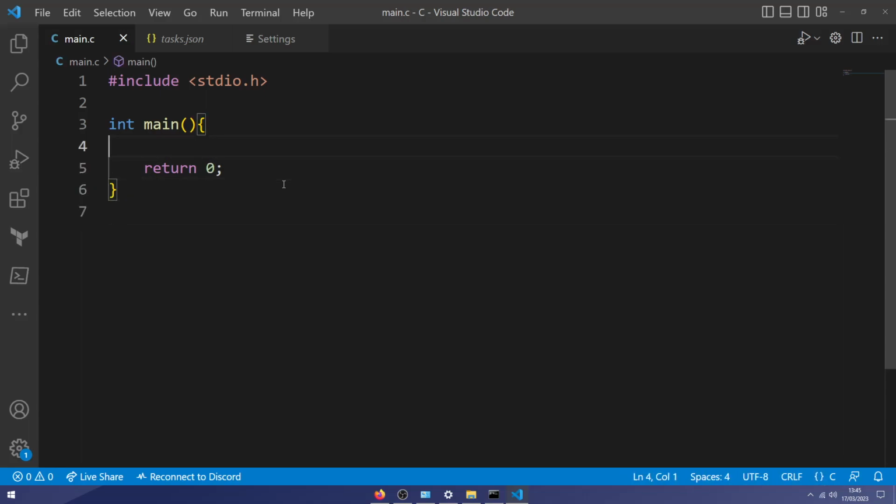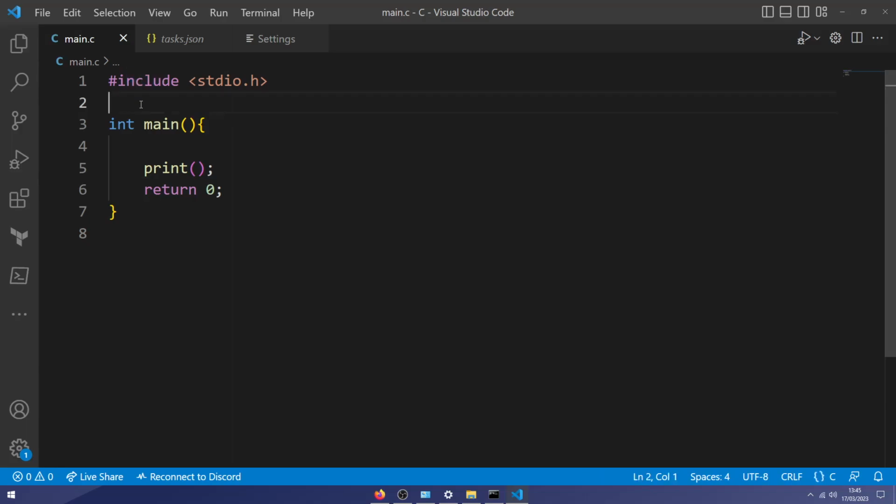But if it has an error, it will flip that 0 to a 1. printf is one of the keywords from this stdio.h file. You see, if we didn't write this include statement at the top, then C wouldn't know what printf means and wouldn't know what to do with it.